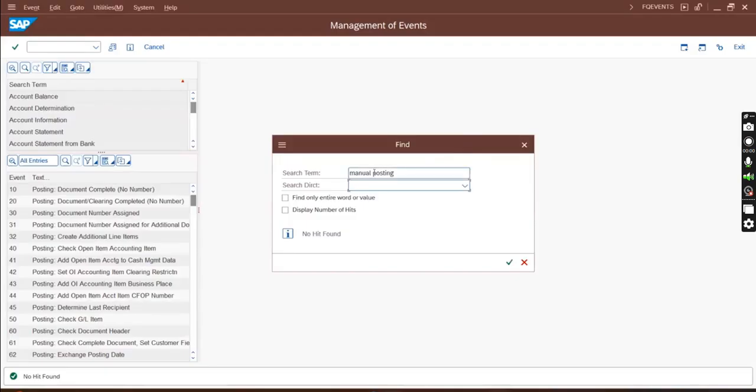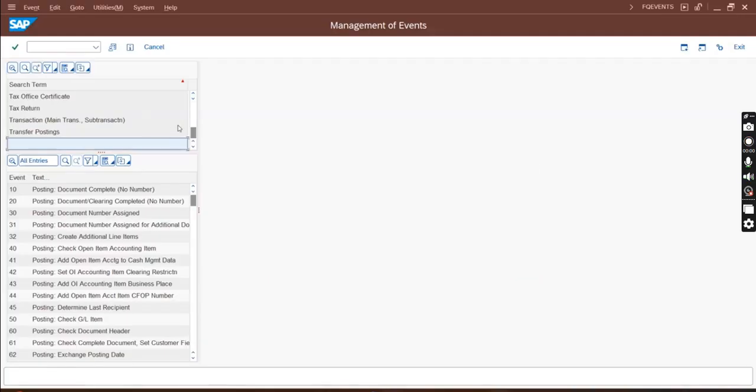How do I search? FP1. Outbound interface, transfer posting, finished. Only 4 entries.